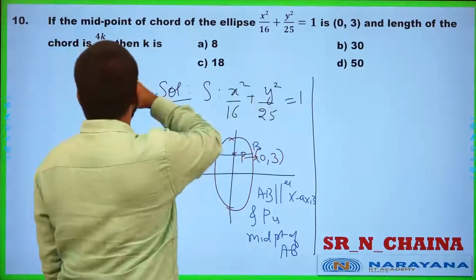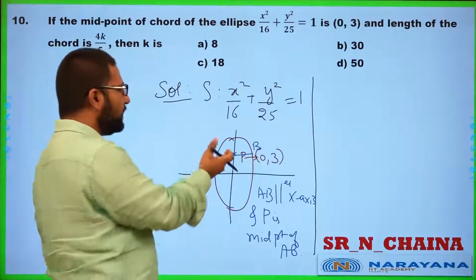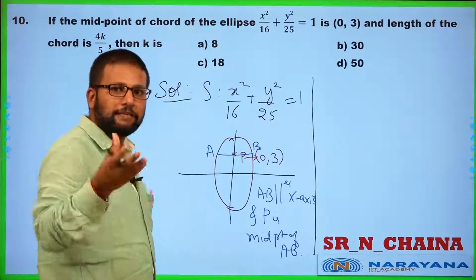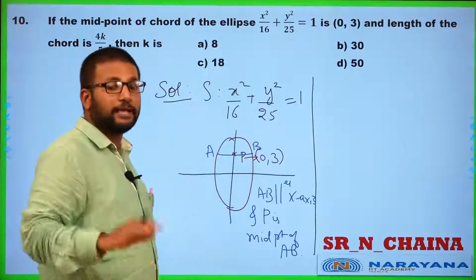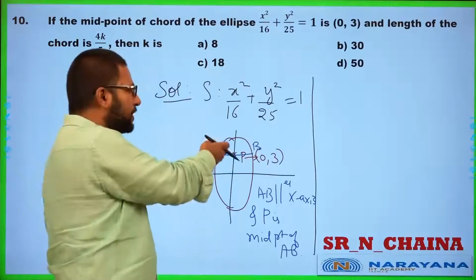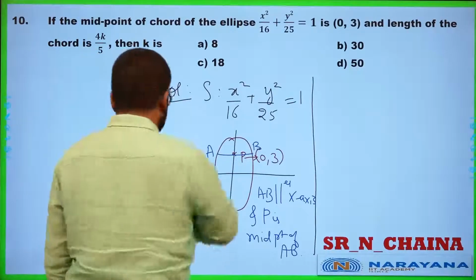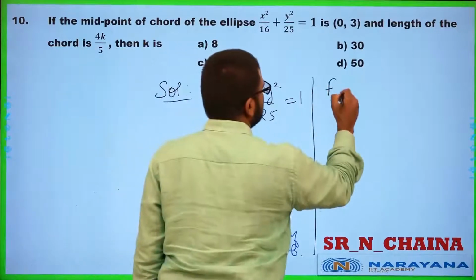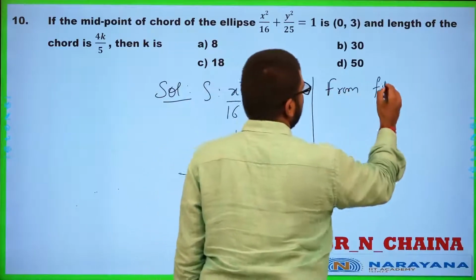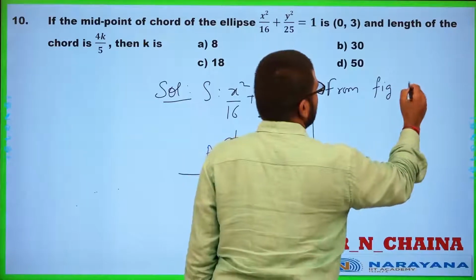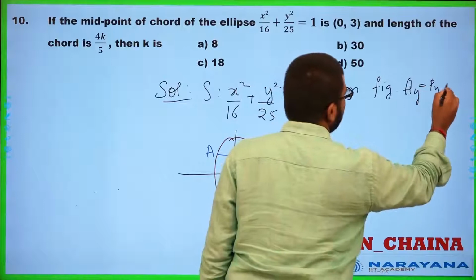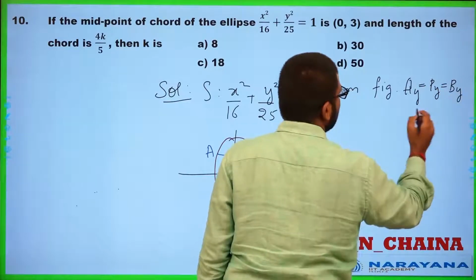Then we need to find the length of this chord. Clearly, can you see the y coordinates of A and B are the same, right? What is that y coordinate? 3 only. The x coordinate will vary, but the y coordinate is 3, right? From the diagram we can say that